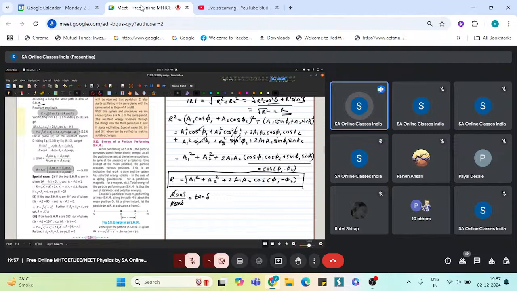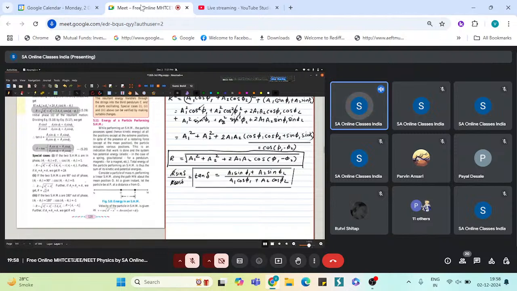And this is just going to be tan delta, which is equal to a1 sine phi 1 plus a2 sine phi 2 divided by a1 cos phi 1 plus a2 cos phi 2. And this is just to give the value of the phase difference of the resultant motion. I mean, yeah, this is pretty much it from this example, and we are also taking special cases, essentially